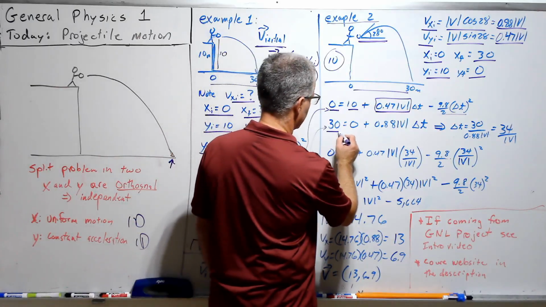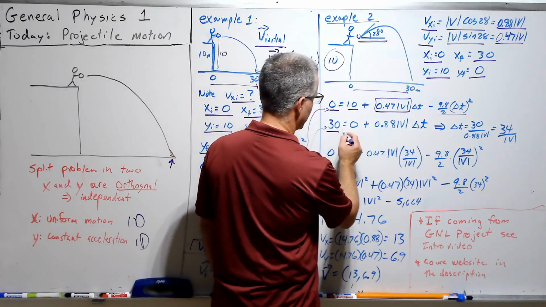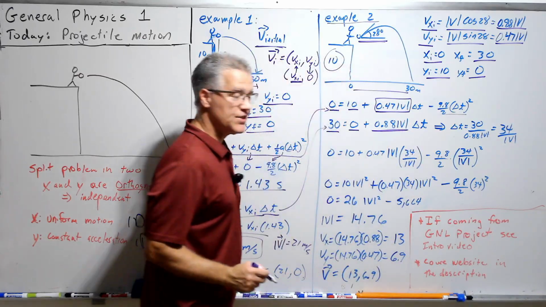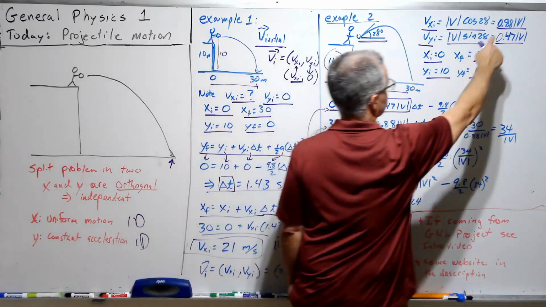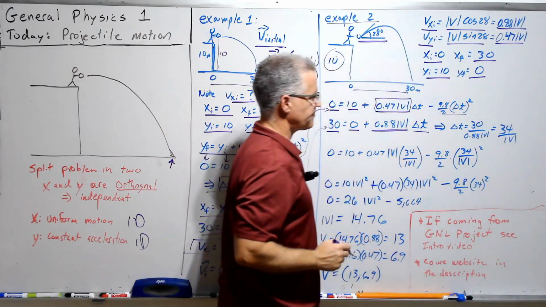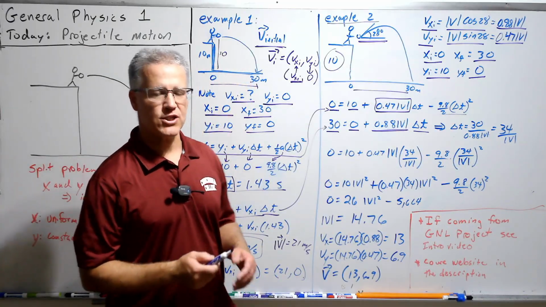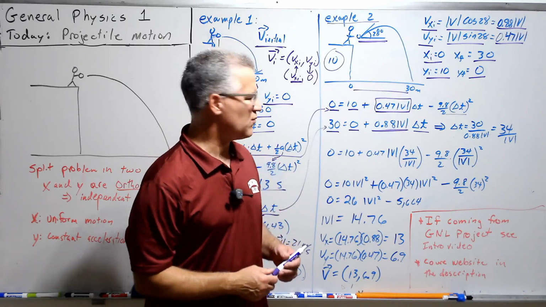And so we have x final, x initial, and then our initial velocity in the x direction, right? That's this, times t. So we could do 2 things. We could, well, really we're stuck here. We have to do